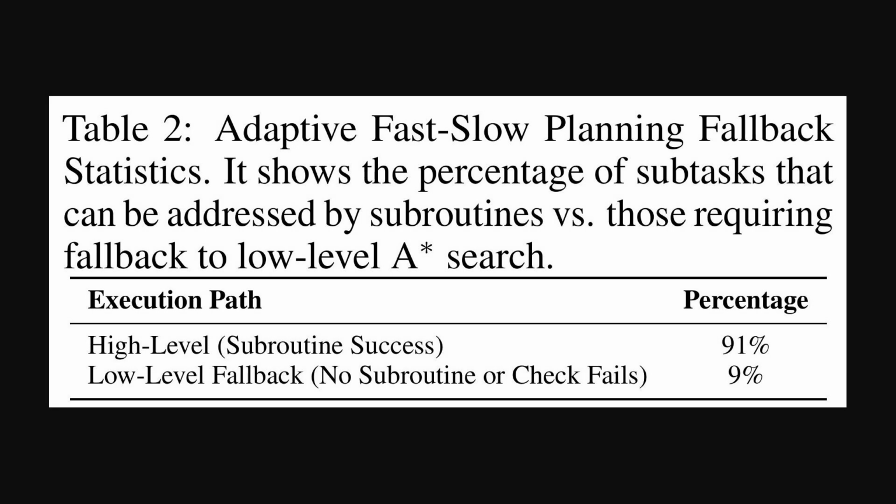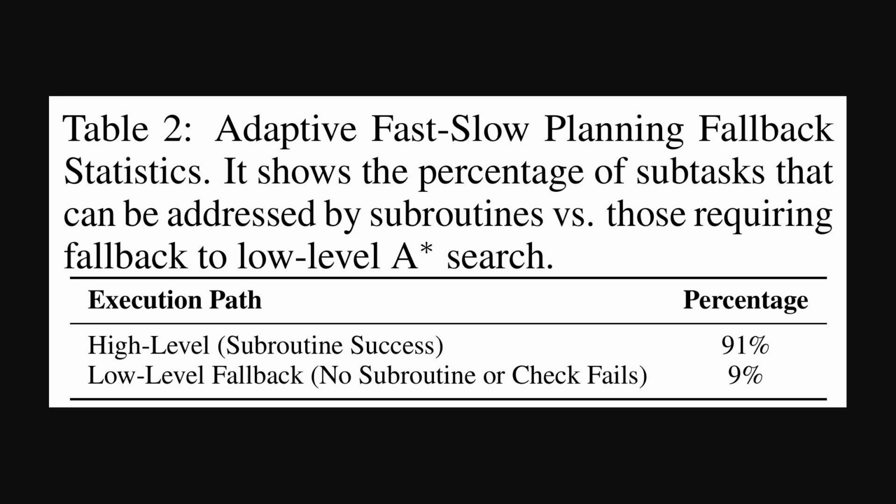This table then gives us the hard numbers on how well that adaptive planning actually works. It shows the fallback statistics, basically how often the system has to switch from its fast plan to the slow one, and the results are pretty striking. The high-level path, which uses those learned subroutines, is successful 91% of the time. That means only 9% of subtasks require a fallback to the more intensive A* search. This high success rate is exactly why the agent is so efficient, as it avoids that costly search in the